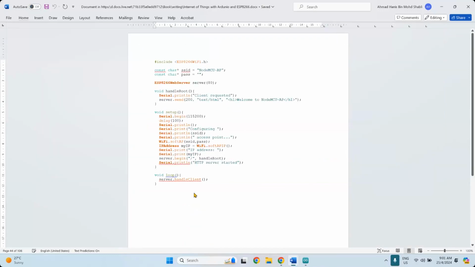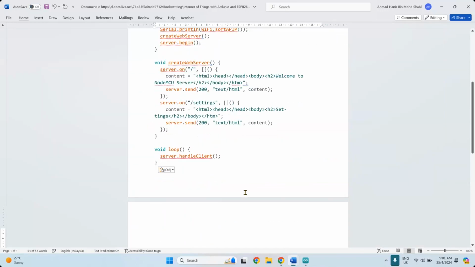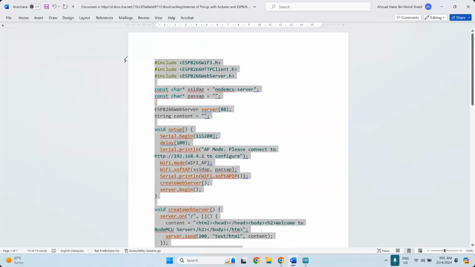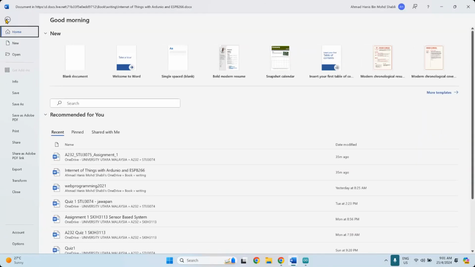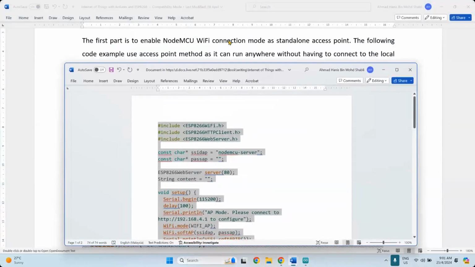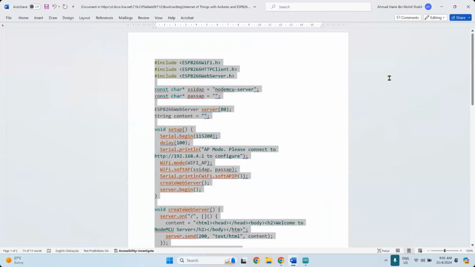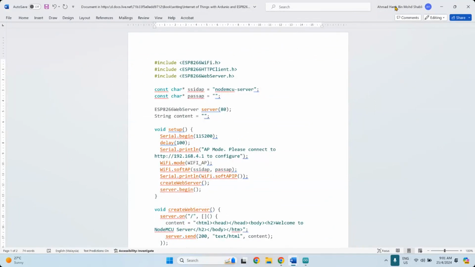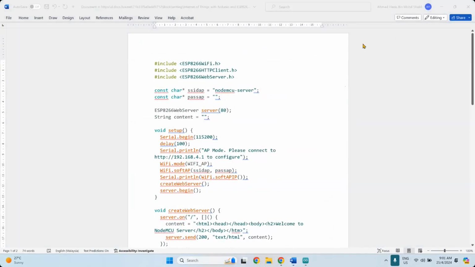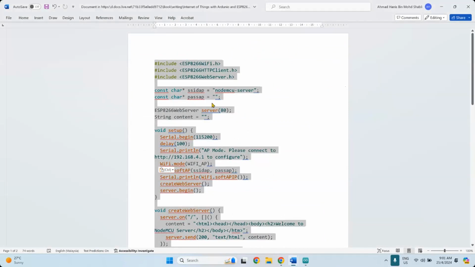I'm going to change this. Step. Oh, yeah. So make it a little bit smaller.